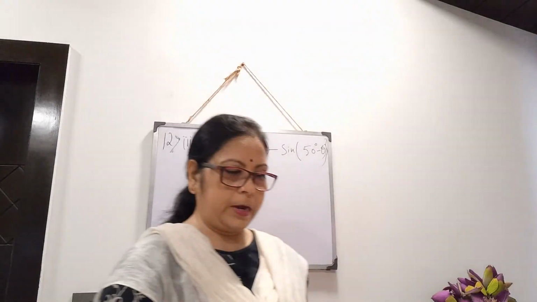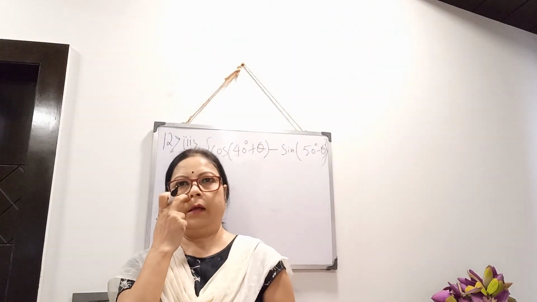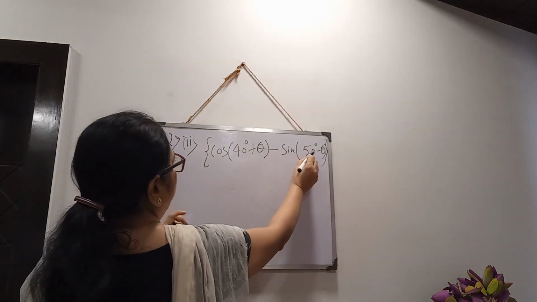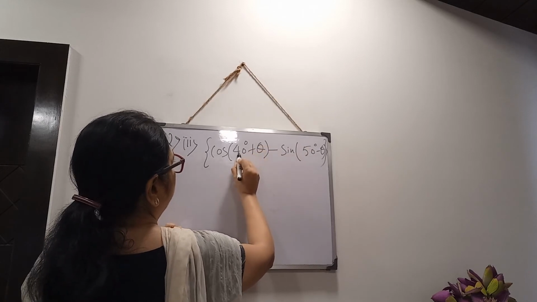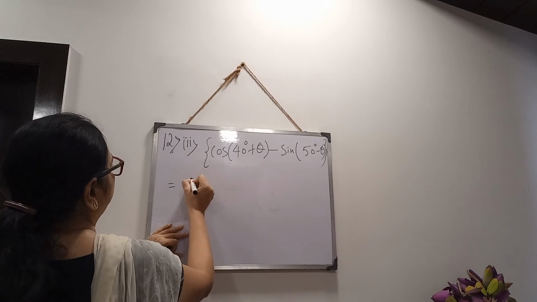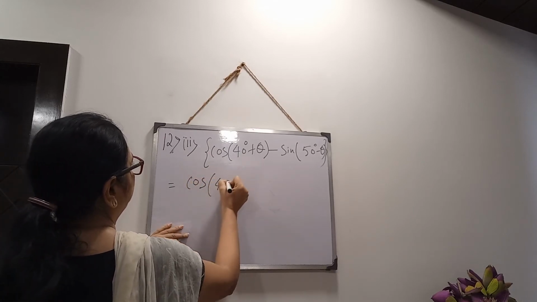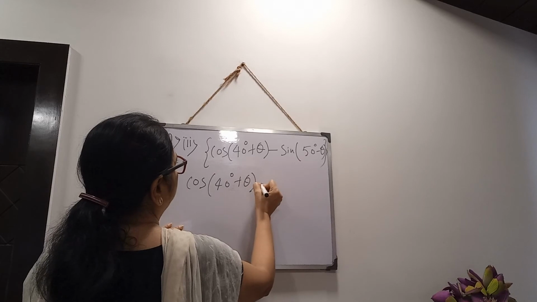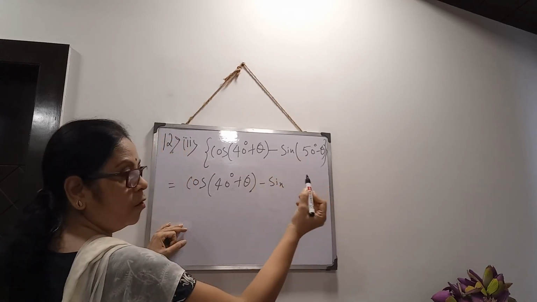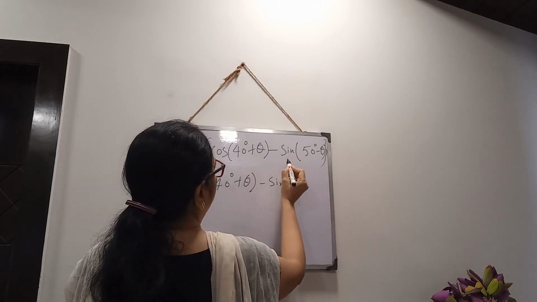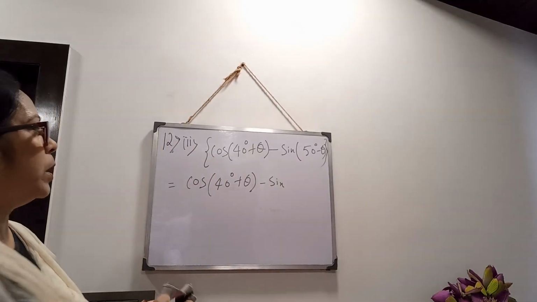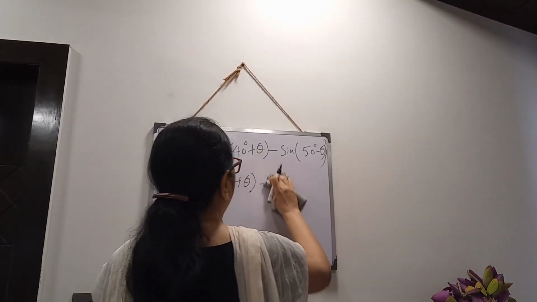Now you have understood that these are sums from complementary angles. So we can apply the rule. Now this and this, if you add, you see this plus this, 90 will come. So what I will do, I will convert one of the angles. So this one I am keeping as it is, minus sin theta. Now I am applying the formula. Sin theta, we can write cos(90 minus theta) equals sin theta. Clear?